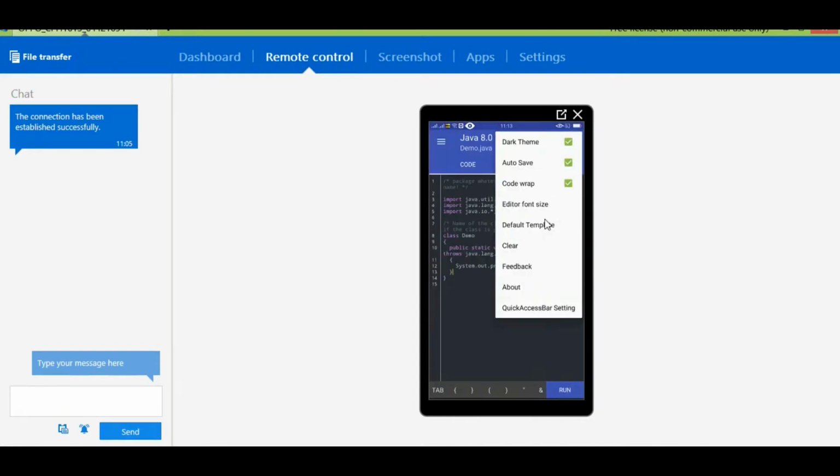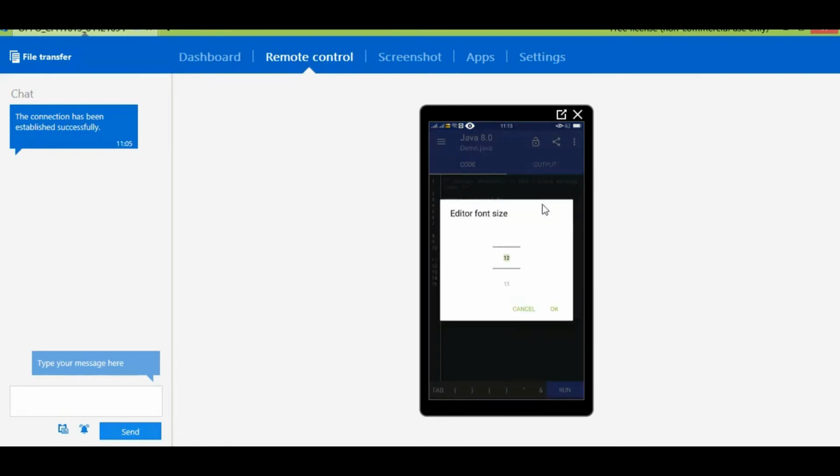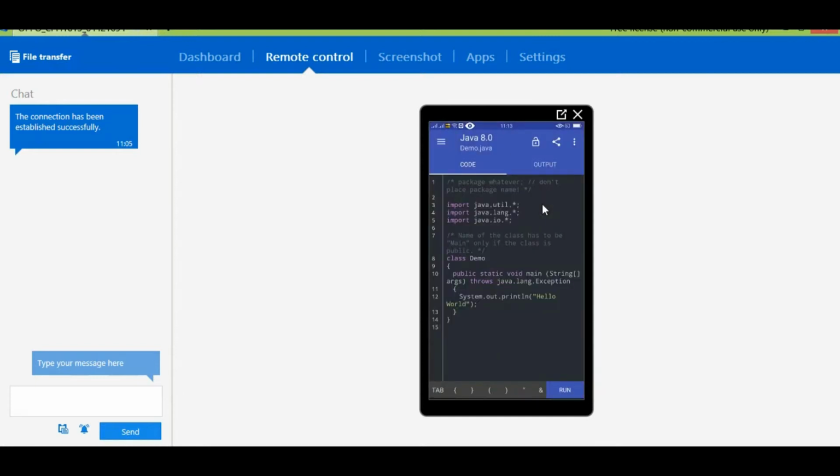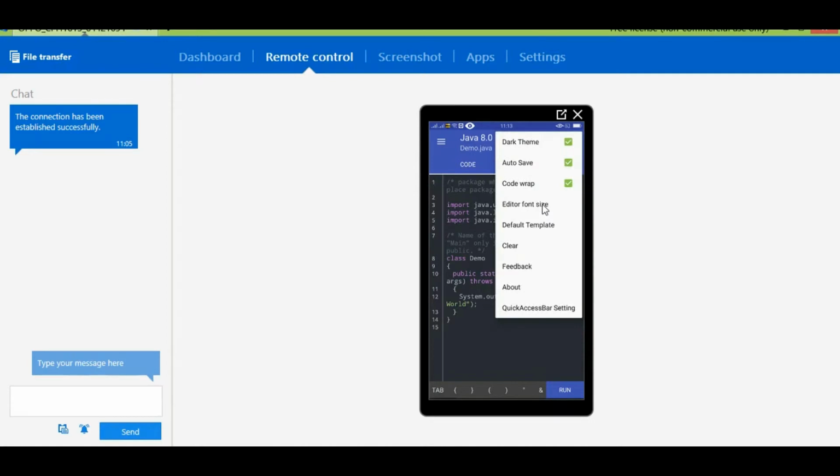Then you can see the next one is font size. You can increase the font size using this option. You can click on this editor font size, and this time it is selected as 12. You can make it 15 if you feel the font size is very small and you are not comfortable, and you can observe the font size is increased. These are the options, dark theme and autosave, which we find more useful. The other options are also useful, but we are not taking them into detail. So going back,